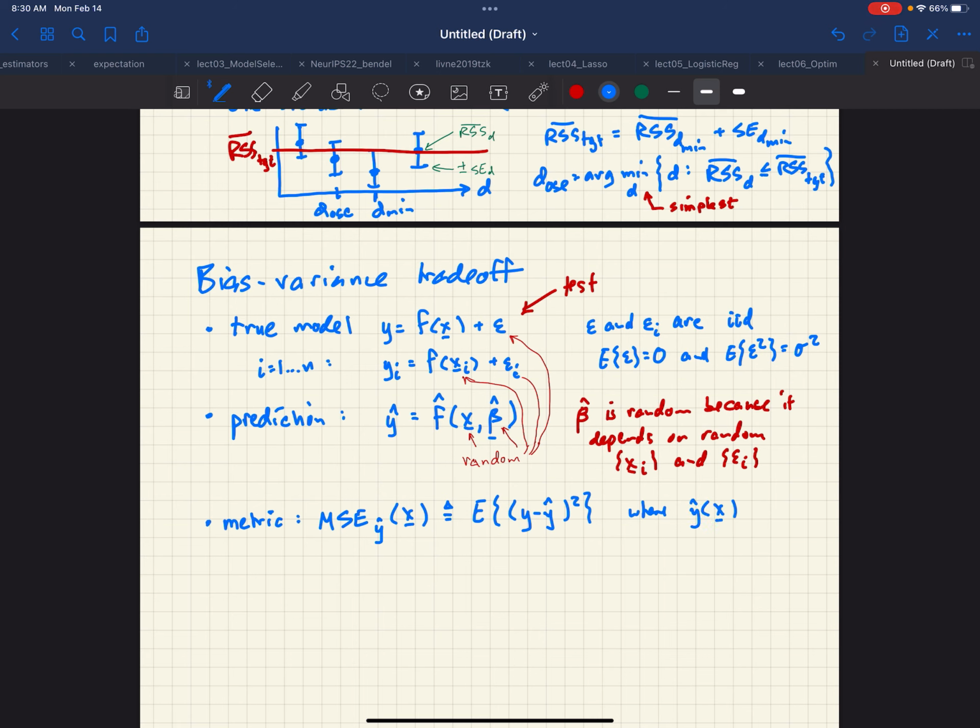One other important thing: I have to condition that expectation on x. And this conditioning is because for now I want to hold x fixed